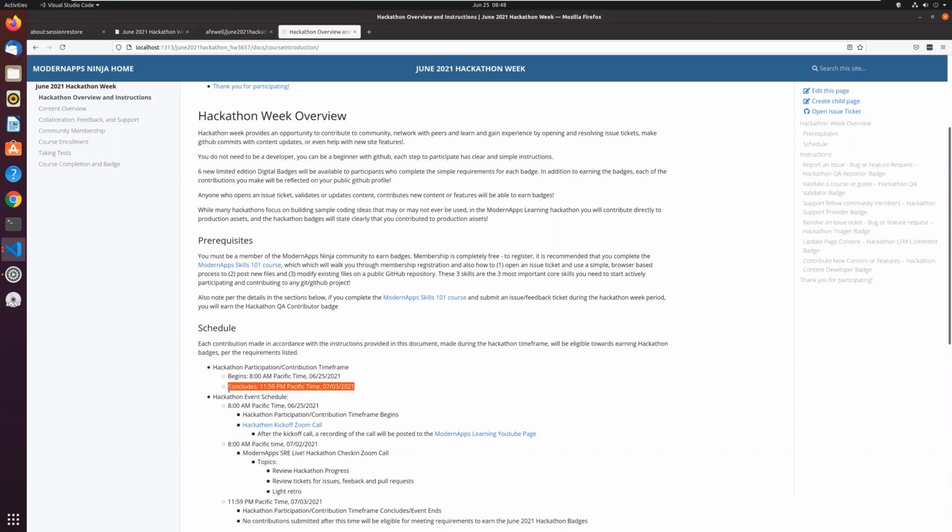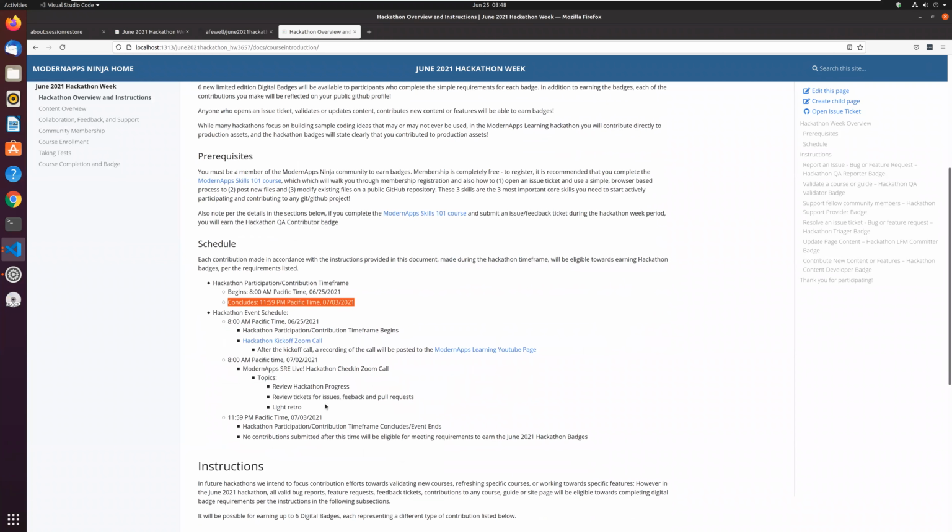But again, if you are interested in participating, you get these badges, help out the community, learn some valuable skills, and have commits on your public GitHub profile. Hopefully it's a valuable experience for you. Anytime between now and next Saturday night, you can participate in any of the things it says to do here. They're very simple, and you won't need a lot of handholding to do them.